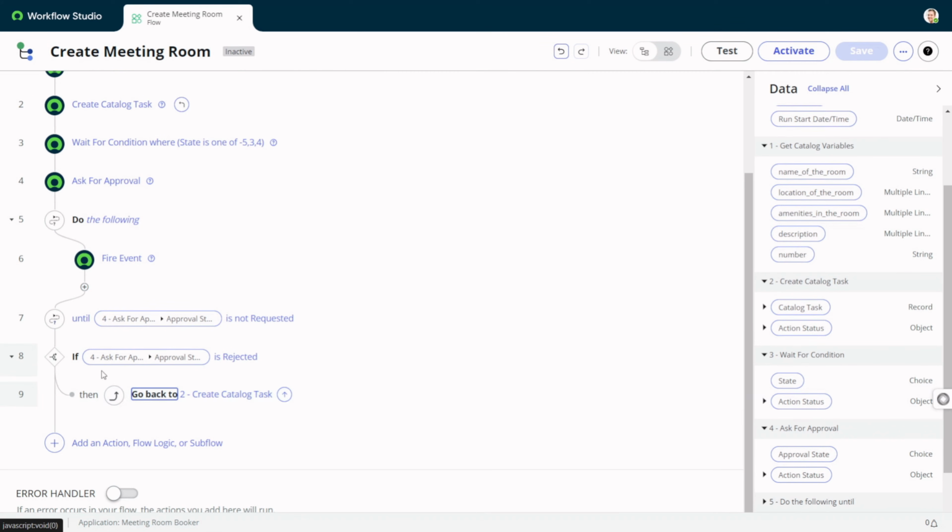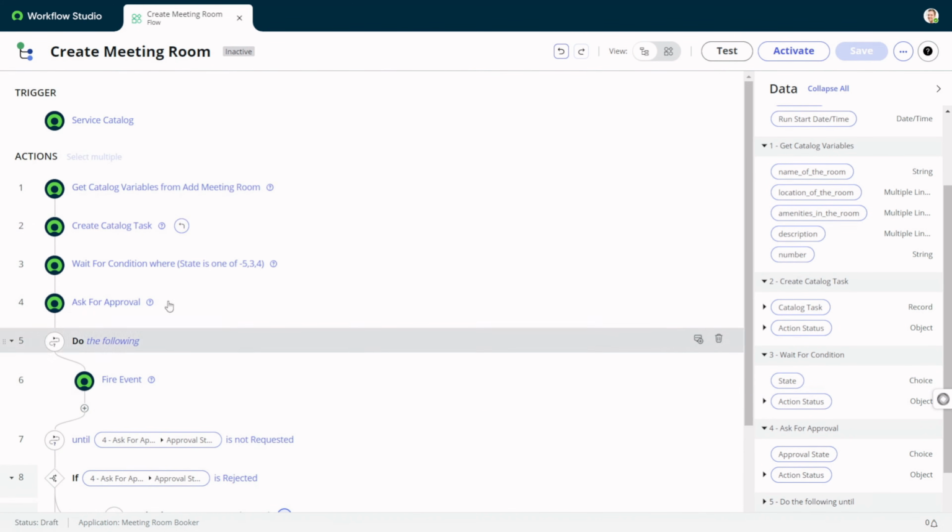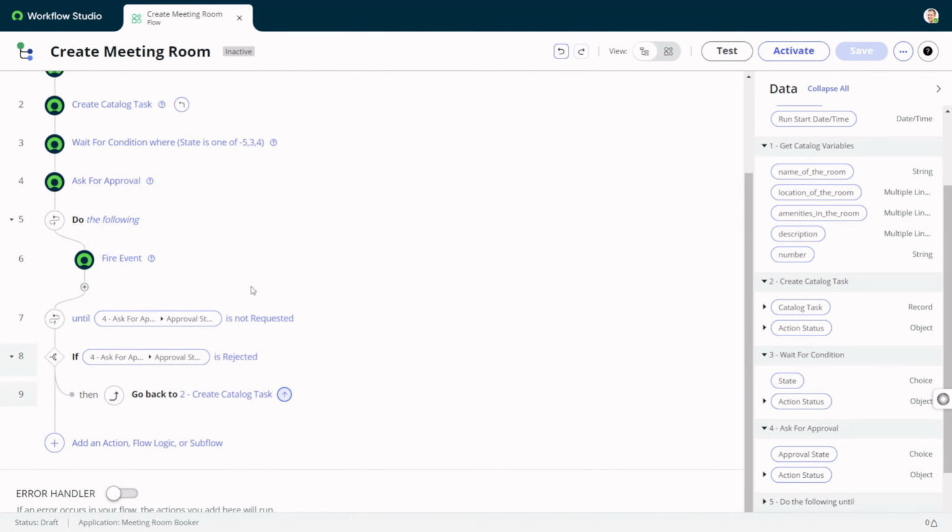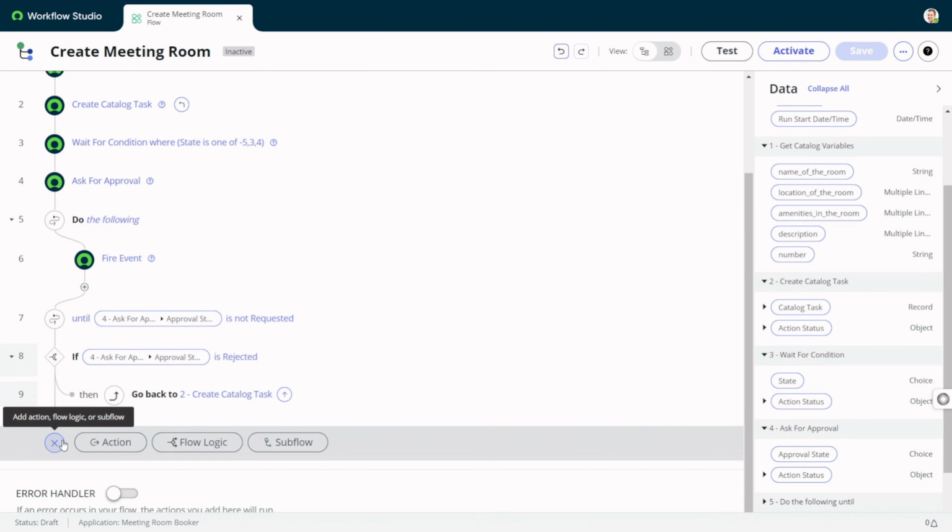So if the approval is rejected, it will go back to the catalog task. You can click on this arrow and it will show you the particular stage it will jump to. So this is also one of the features. And now the last thing, if everything is good and if the approval is approved,